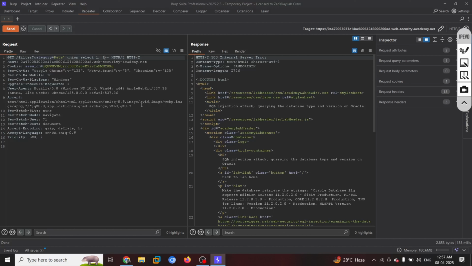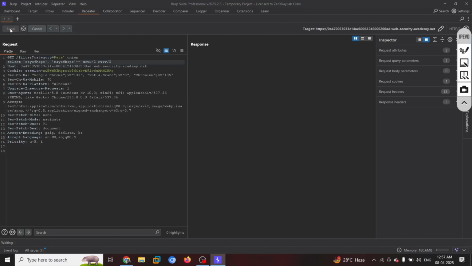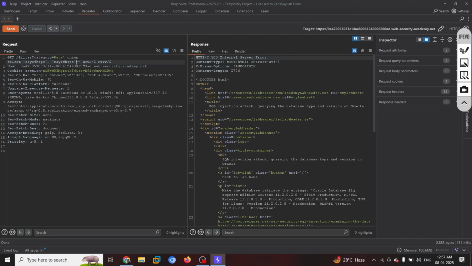So what if we use something like this? Union select 'ray of 4' hyphen hyphen. It is still giving us an error. Okay. Now it is giving us error. Why? Because we already talked about it.